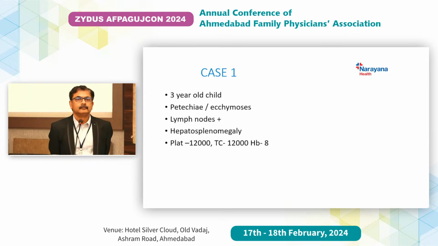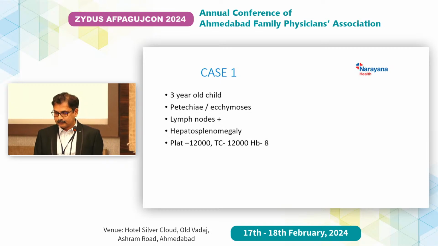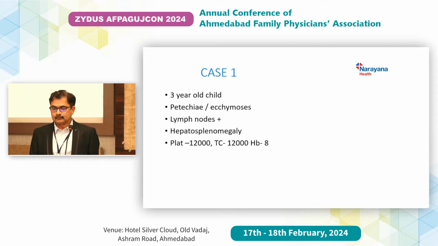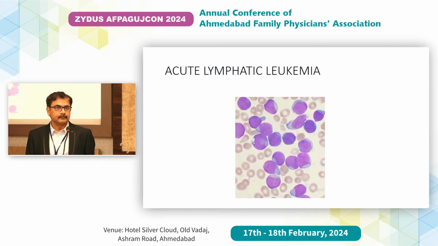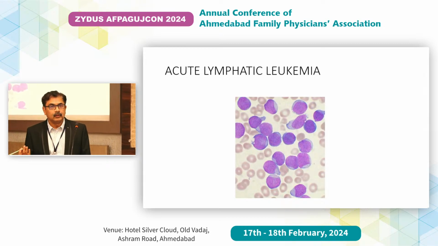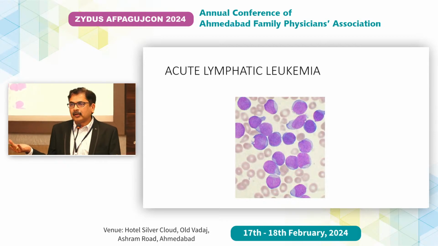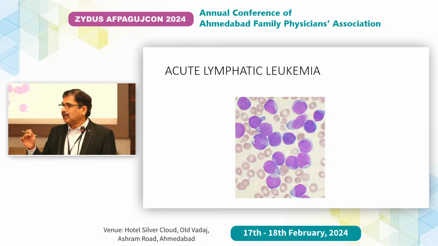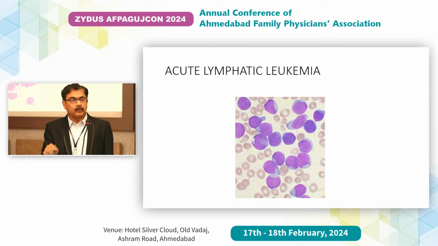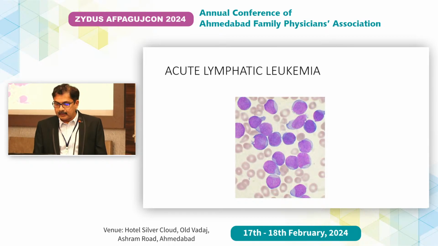Come again? Okay. Anybody else? Any other diagnosis? Okay, somebody did a smear. So here classically high white cell count, low platelets. You see lymph nodes, hepatosplenomegaly, typically a lymphoproliferative disorder in this child group. Typically ALL is the common one. All you have to do is ask for a peripheral smear. You will get a diagnosis. It's full of blasts there, clear-cut blasts. Nobody will miss this. Simple diagnosis with a peripheral smear.